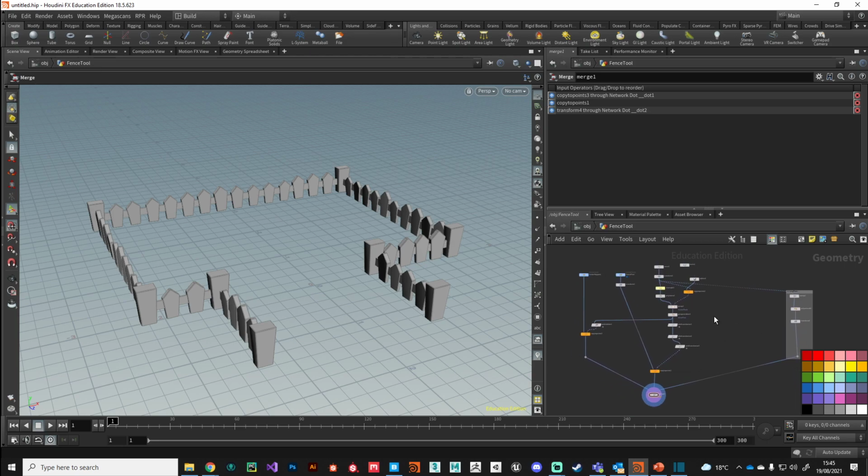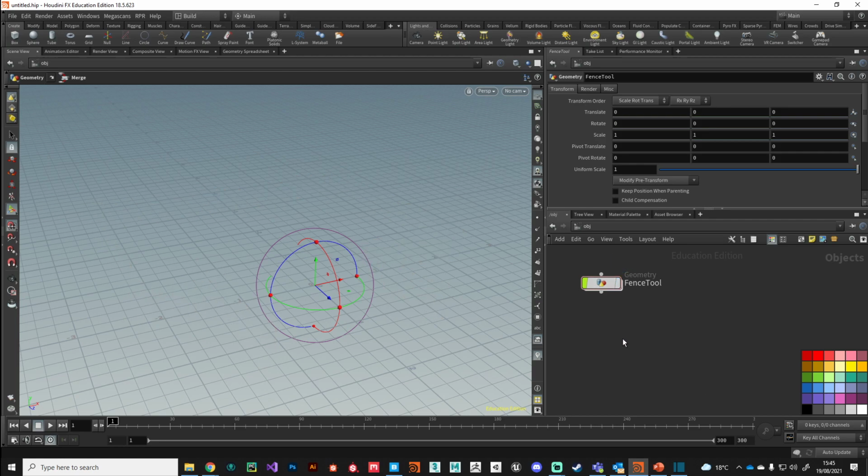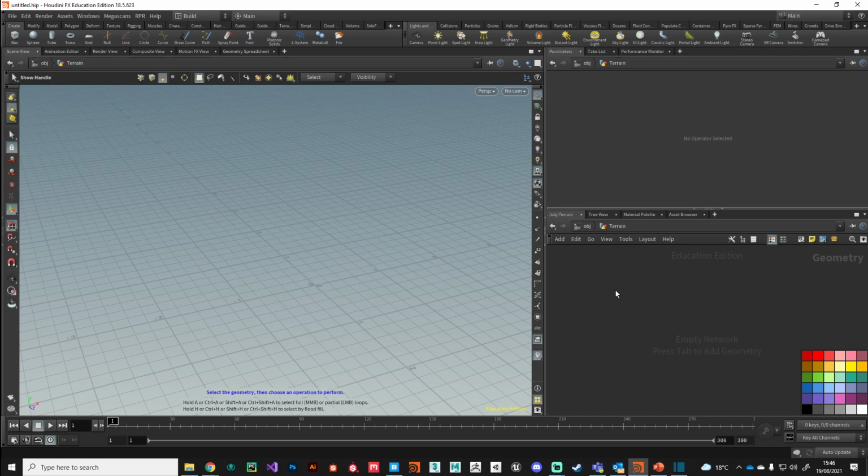So I'm currently in our fence tool asset. I want to jump back up to object level. Okay, and I'm just going to temporarily turn off the display flag on my fence tool here. And I'm going to put down another geometry object. I'm going to call this terrain and jump inside that. Okay, so first thing, I'm going to put down a grid